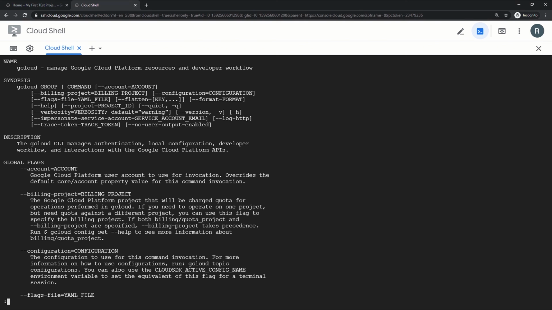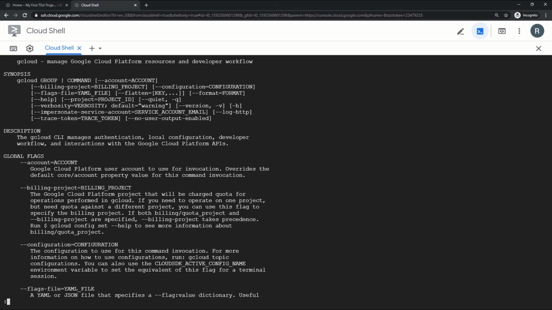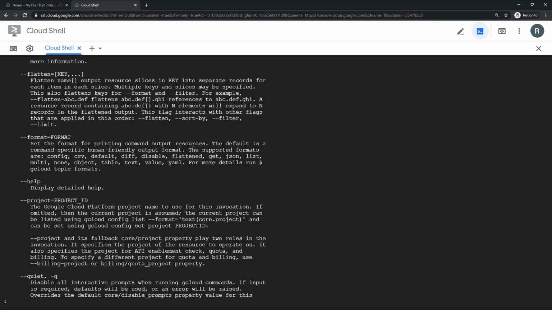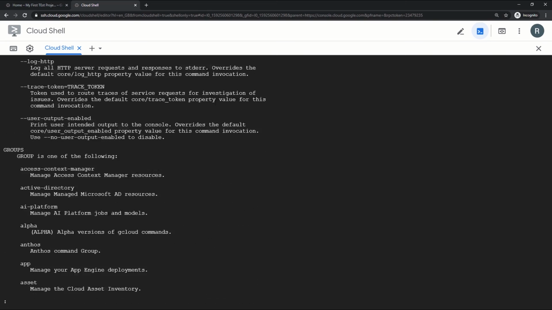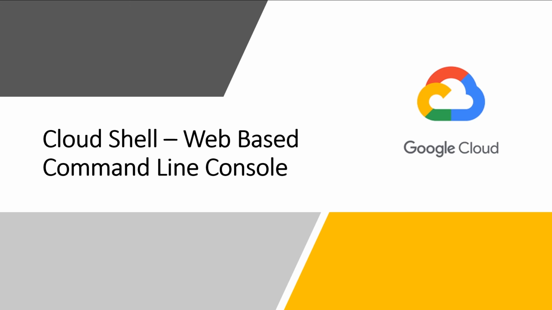You can run this command to explore all the Google Cloud parameters, functions and options available, and you can explore them for your command line management. The list is very long and I hope it will be helpful for you. We have completed today's session on Cloud Shell, the web-based command line console. I suggest you use it and explore it because it's going to be helpful in upcoming GCP sessions.